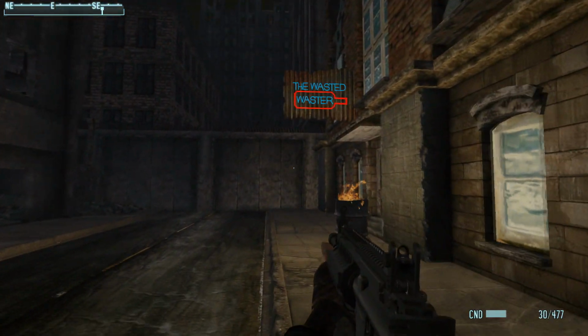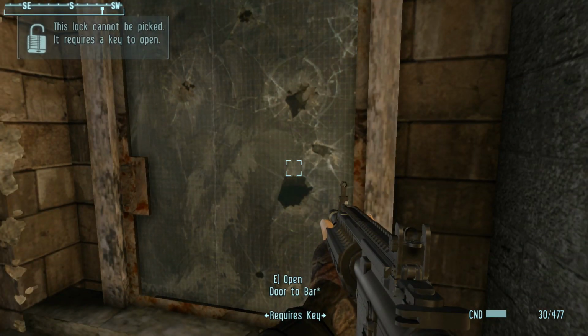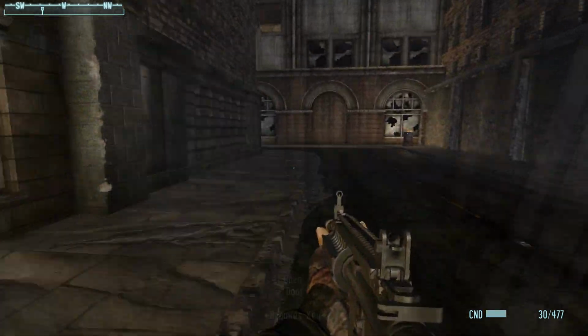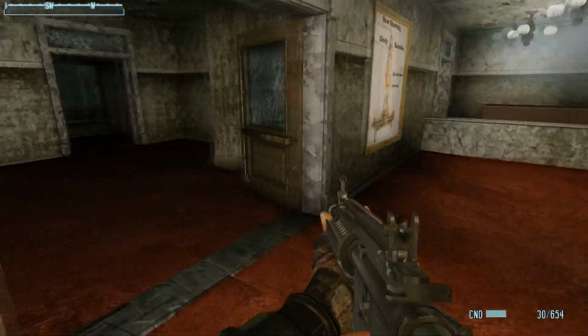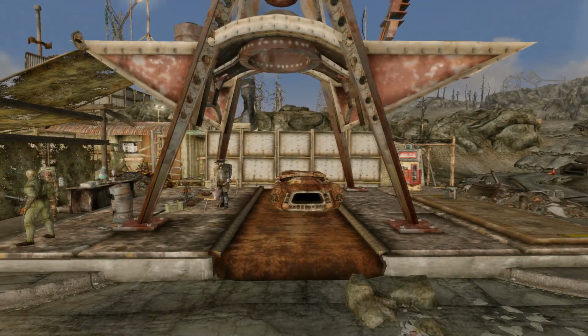So the mod feels like it's a work in progress, but it was still enjoyable just for all the areas and running around shooting up the mutants. And because I don't know how to return to the capital wasteland after arriving in this area, I'm going to pass on this one. Next is Red Rocket Player Home by Tol Jali, and this is going to place a